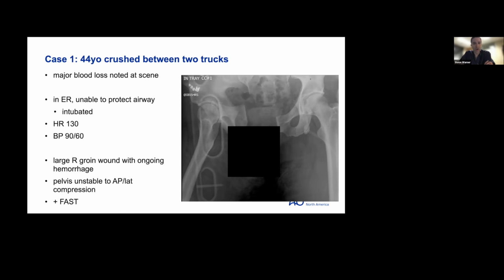And so options you have are either putting a sheet lower down in the thighs, which will still have some effect at reducing that true pelvic volume, or putting an anterior external fixator on as well to help reduce that pelvic volume. But something to help reduce that true pelvic volume to minimize bleeding in this patient will be important as they do their exploratory laparotomy. Go ahead. Sometimes a thing to ask them for too that can be a stopper at our institution is ask them to put them on a radiolucent table. Yes.